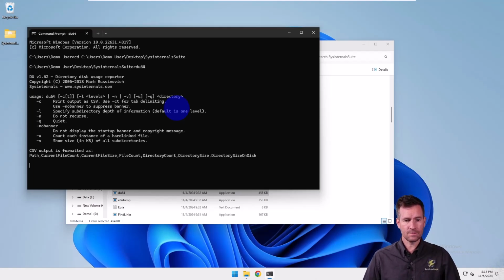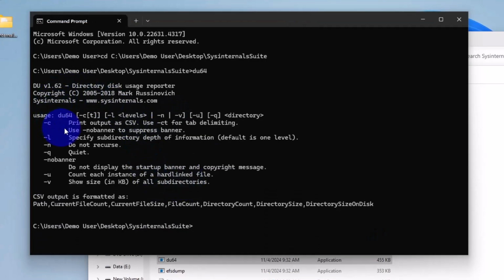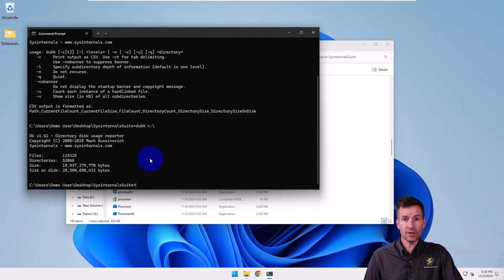We'll hit enter, and we see that we have to specify a directory at least. So I'm going to specify the C drive, and hit enter. All right, it took a couple minutes, but it finished up. The thing that I want to show you is that it says files, and there's